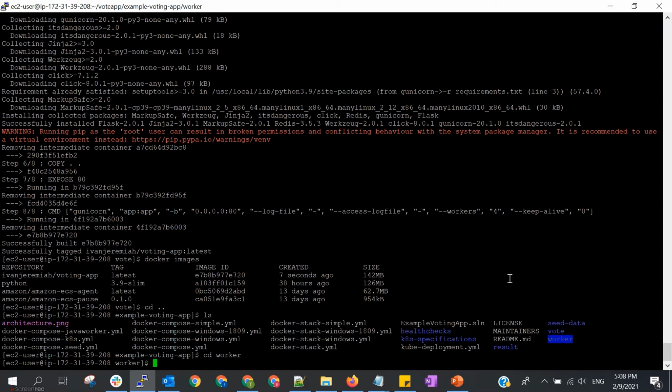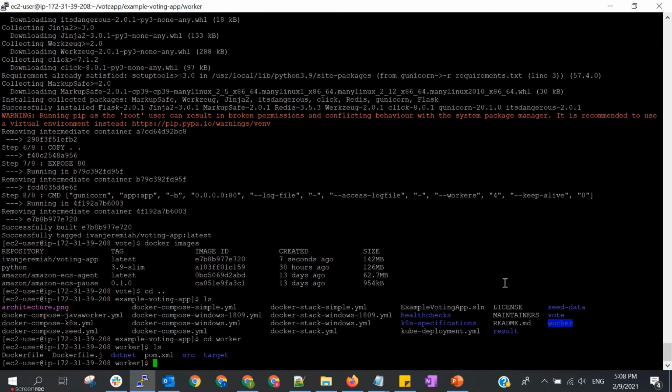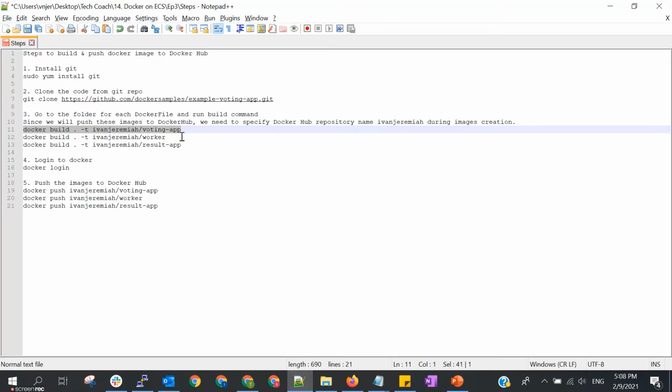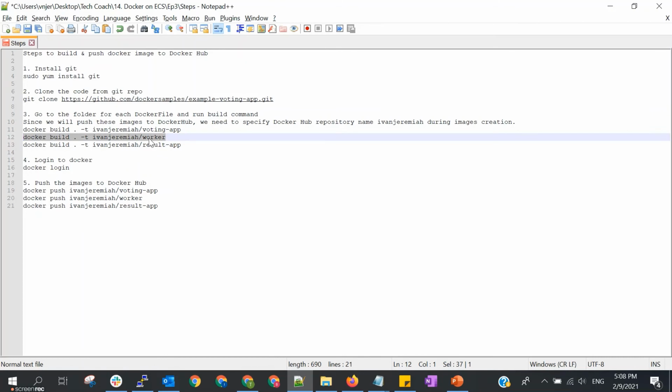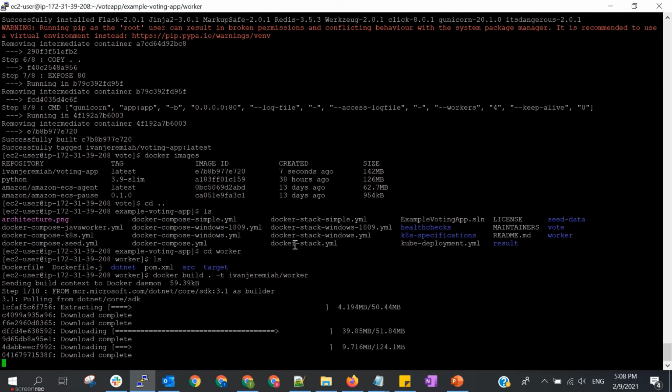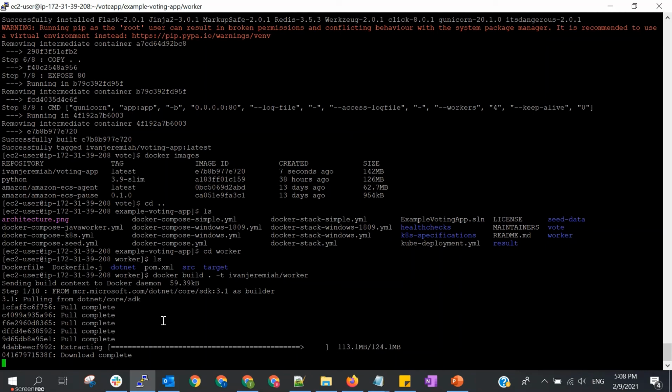Okay, and the Docker file is here, so we will use the same command, Docker build, only now the image name is worker. So this is actually downloading all the base file and also running all the dependency. All the dependency is defined in our Docker file.